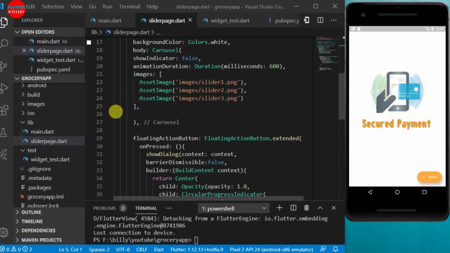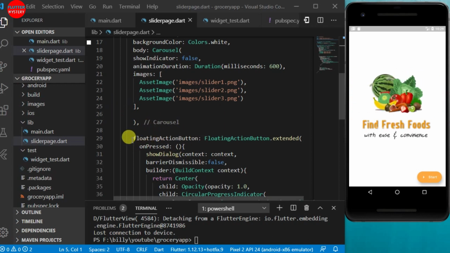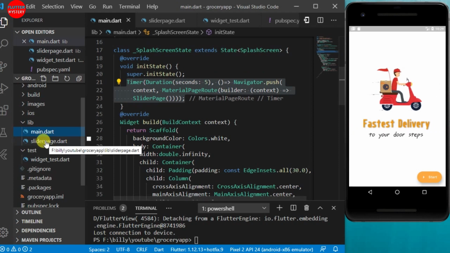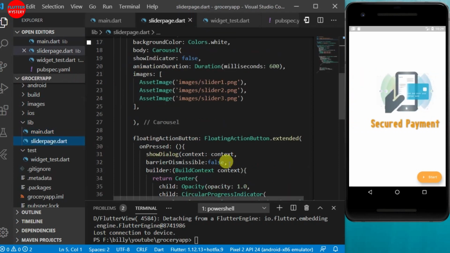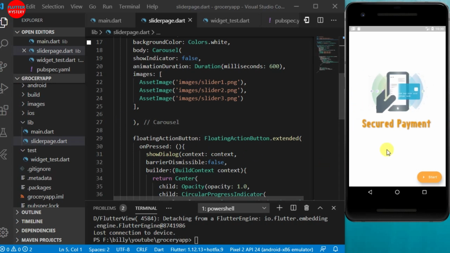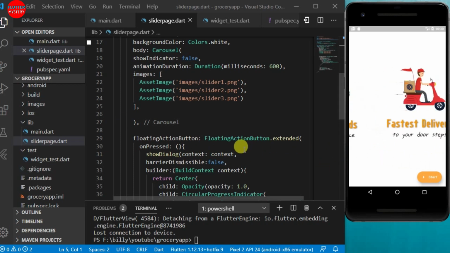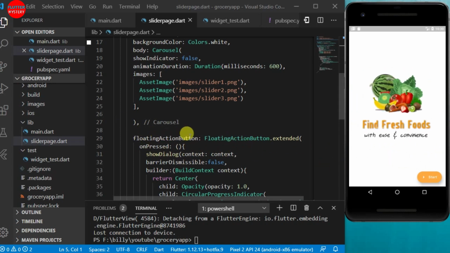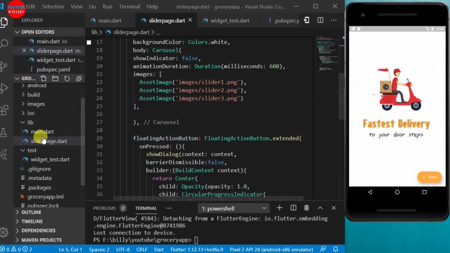So this is where we were able to get to the other time, our main page and the slider page, and then the button. When you press the button, this is what you see. It rotates and it doesn't finish. So from here we need to route to the login page, and by doing so we will quickly go to the main